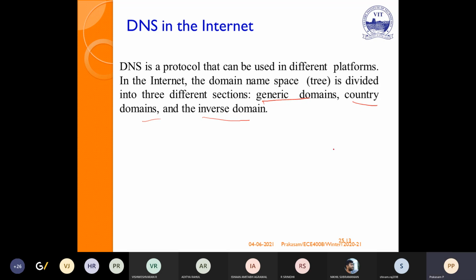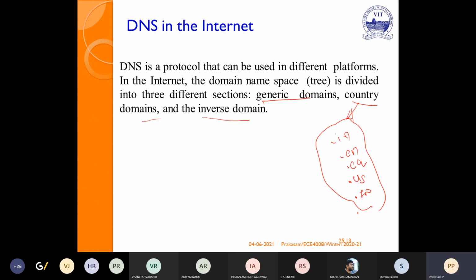From the name itself, you can understand what country domains are. .in, .cn China, .ca Canada, .us, .zw Zimbabwe. If any domain name ends with something specifically related to a particular country, then those DNS names will be classified as country domains.